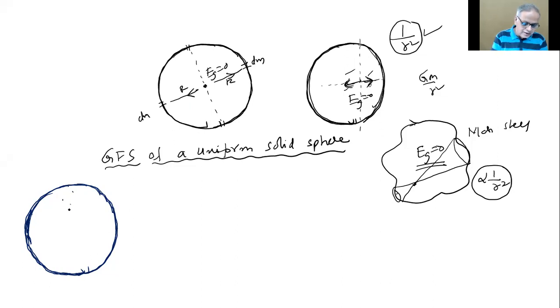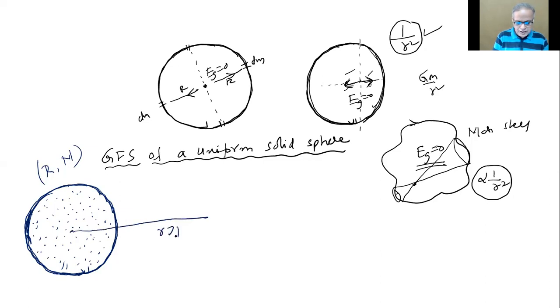With that idea, I will try now the field strength of a solid sphere of uniform density. Come on. How to use this idea to get this? That is actually the main idea in intermediate level and IIT JEE level or whatever level. Its radius is R, mass is M. So, at a point external to the sphere, that is r greater than R, it is still like a point mass.